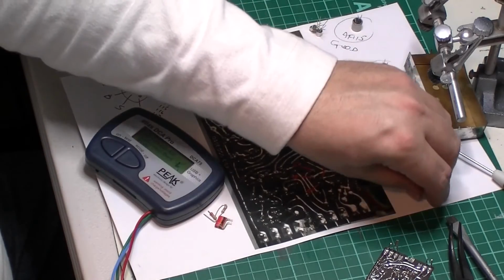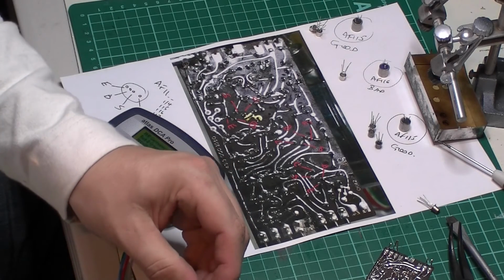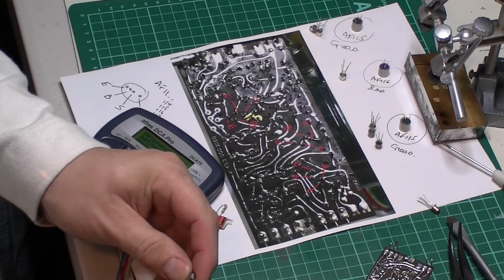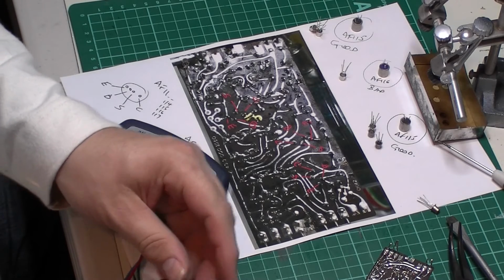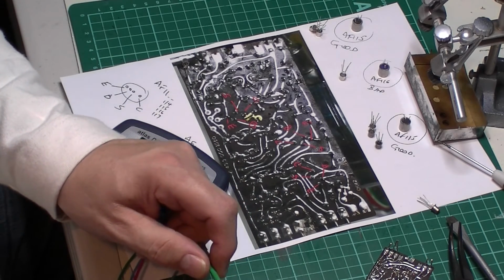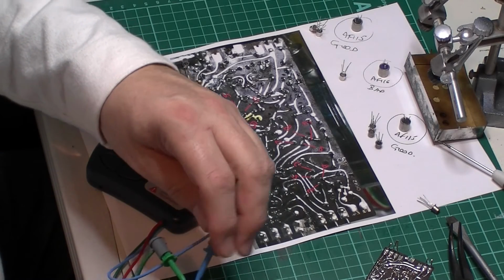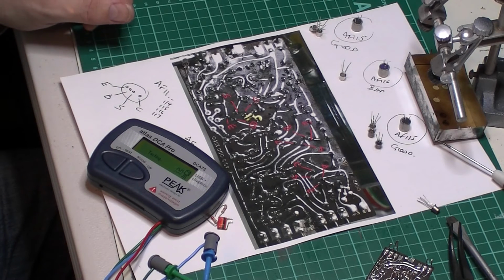He's a little bit out on his own, that one. Shows how different these transistors are. That's one of the things with germanium, they're not really as...